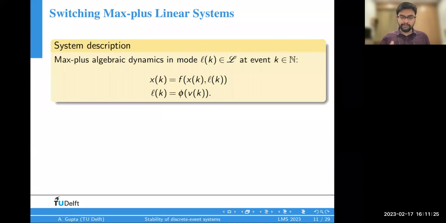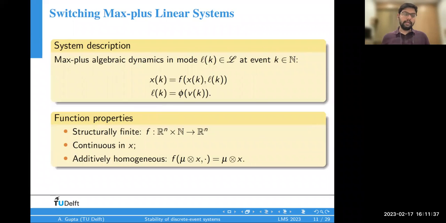Again, I even generalize the class of systems I study further. So I say that it is any function f that satisfies three assumptions. First of all, it is structurally finite. So I'm not looking at R and epsilon. I'm only looking at Rn because the elements of the state represent time. So I would like to have that if the system starts at a finite time, the next state will again be a finite value, not epsilon.